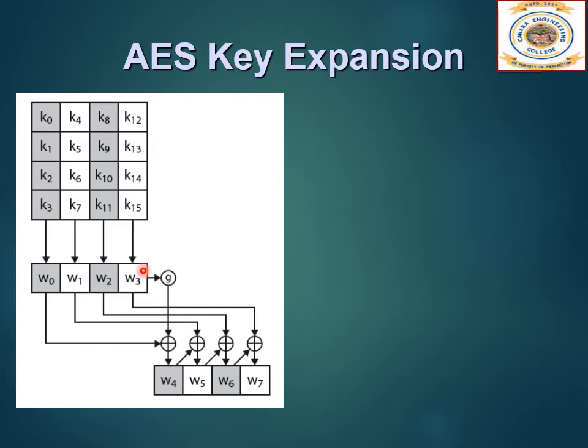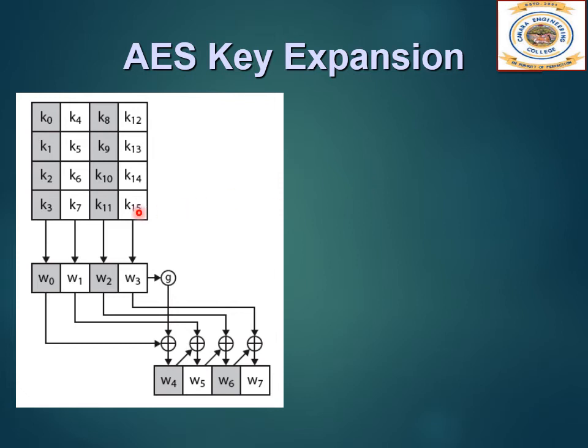transformation round. That is, before we start with the encryption process, the input is taken and there we do the add round key. So for that stage we take this key. For AES 128 we have a total of 10 rounds, so in each round we need one set of key. So there will be a total of 10 keys, right? 10 keys in the sense each key has 4 words, so we'll have 40 words. But initially also we have one add round key, and we know that the key is used only in the add round key stage.